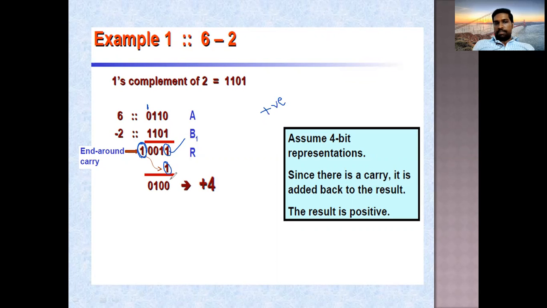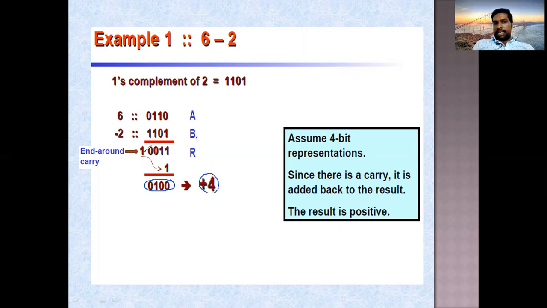So add here, 1 plus 1 is 0, you will get 1 carry again here. Again 1 plus 1 is 0, you will get 1 carry here. So 0 plus 1 is 1 and this 0 will come here. When you are bringing this carry towards here, this bit will not be present here. Be careful here. You need to bring this bit and add to the last step. Now what is the answer you will get here? You got the answer as 0 1 0 0. 0 1 0 0 is nothing but 4.